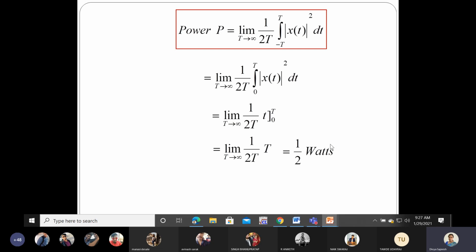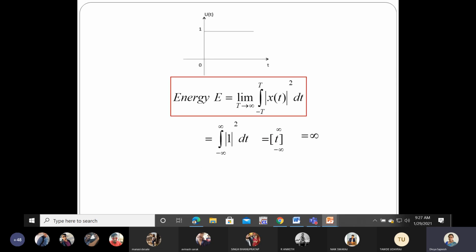So here in this case, it is a step signal. A step signal has an infinite duration, but its amplitude is constant. Other types of signals having such properties, that is infinite duration and constant amplitude, can in general be called power signals. So periodic signals are power signals, non-periodic signals are energy signals.